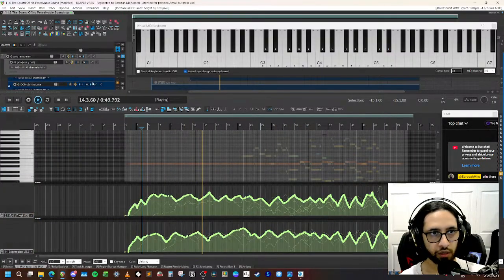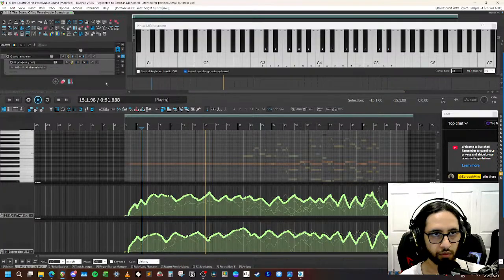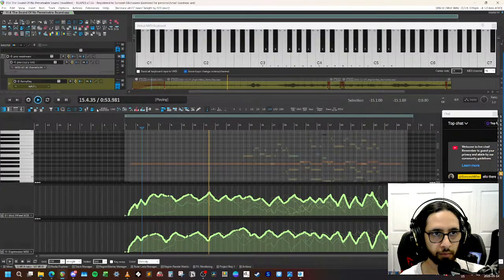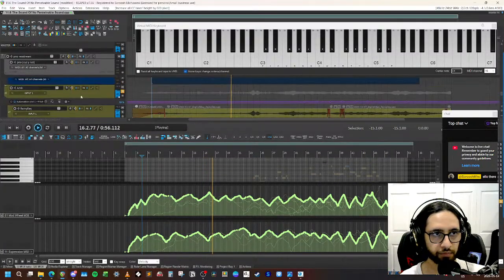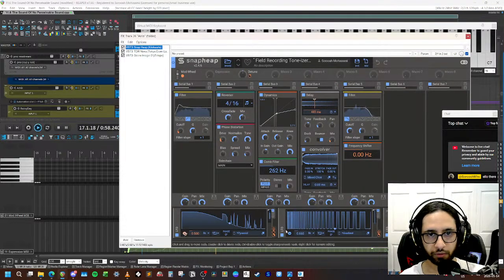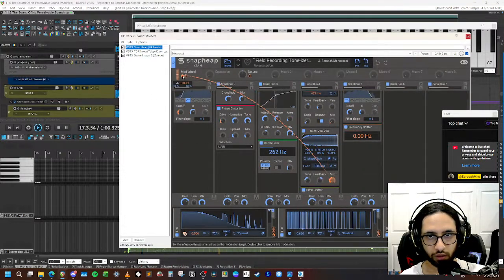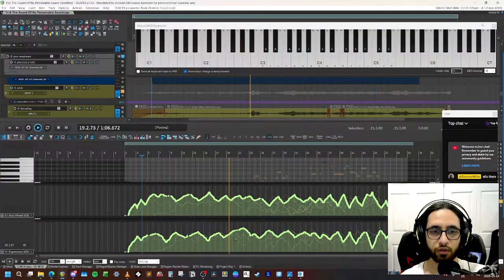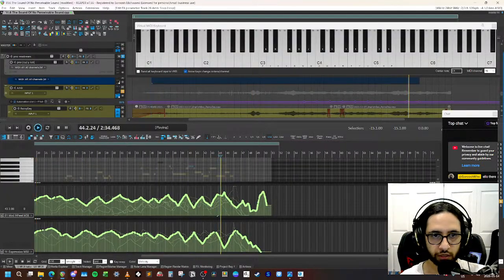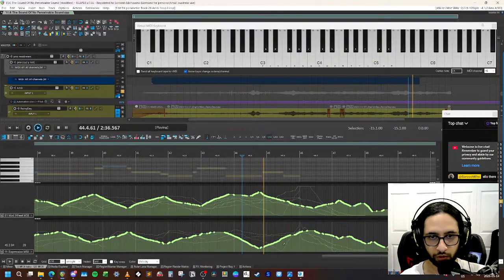One is mod wheel, and that's controlling how much of that tonal aspect we're hearing. And also CC11 for just volume. So you can see when CC11 goes down, the volume goes down, and then comes back up, gets louder.